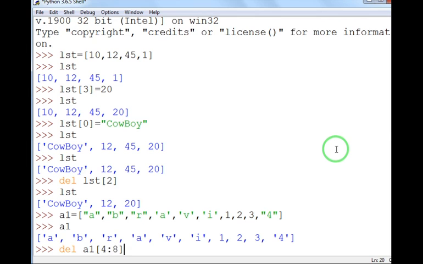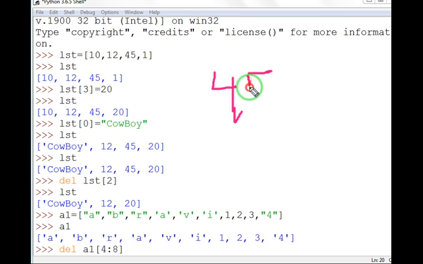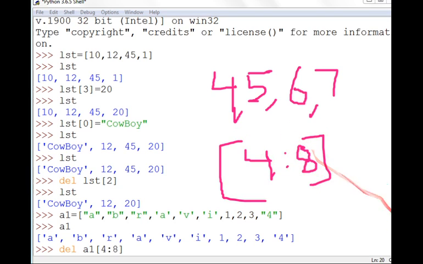So when I give this command, it will delete all the elements which are present at index number 4, 5, 6 and 7. Since I have written 4:8, it will not delete the value which is present at index number 8, because I have already told you when you write 4:8, it means 4 to 7, the end element's value will not be counted.